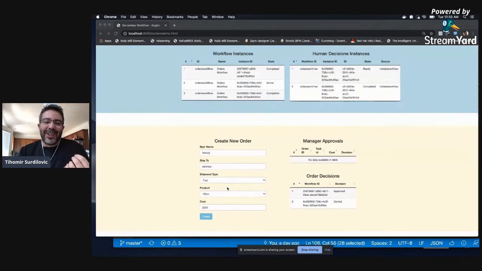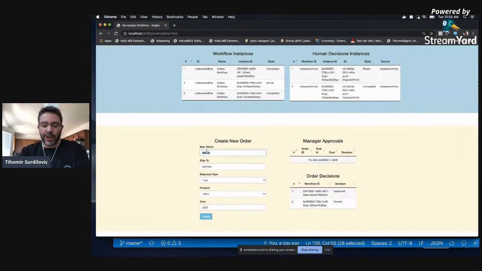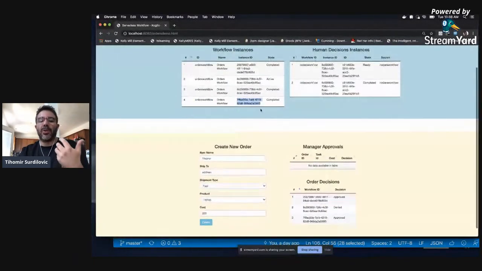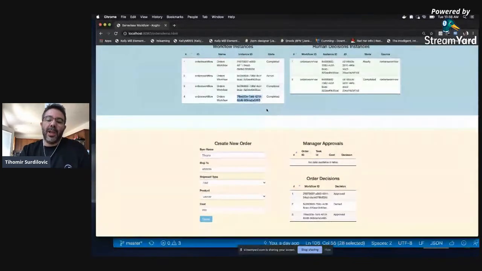What I was showing earlier is, for example, let's say we create an order, in this case we want to buy a laptop. This create order is actually going to call the REST API. The REST API is going to see it and generate a cloud event onto our Kafka messaging service, which then will start a workflow instance. So when I create this, we see a new order being created. The Kogito runtime is going to create a cloud event, which tells us, okay, this is the ID of the instance of our workflow or orchestration that happened, and it has completed.